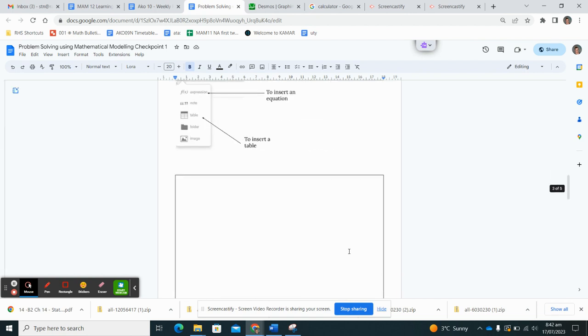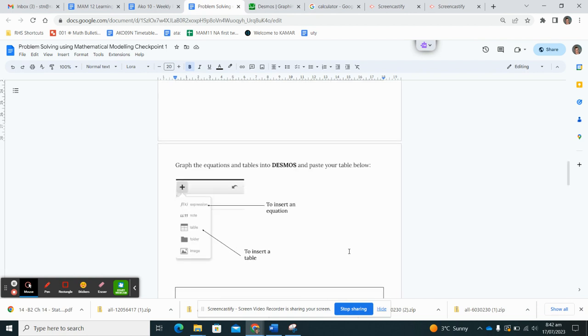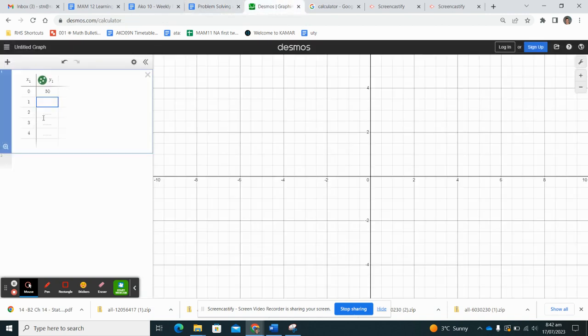Then this is the bit where, having looked at those who have managed to finish this task, the bit that we're not so sure about is inserting an equation or a model. This is actually almost easier than doing the different tables. Once you've got your three tables, you're also going to put in three equations or models, and the way you do that is you go to f of x or expression and you type in